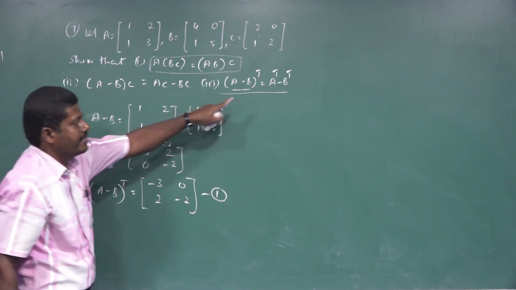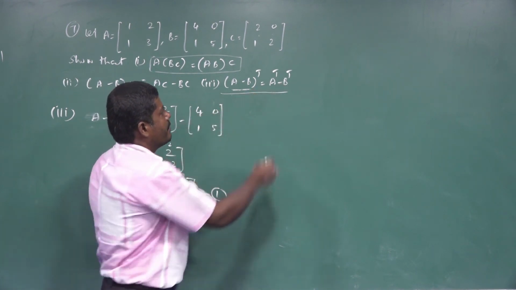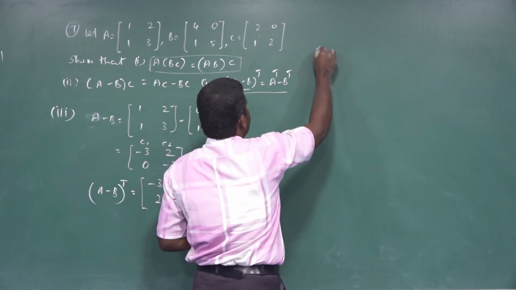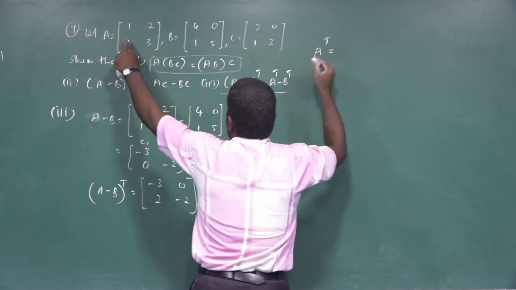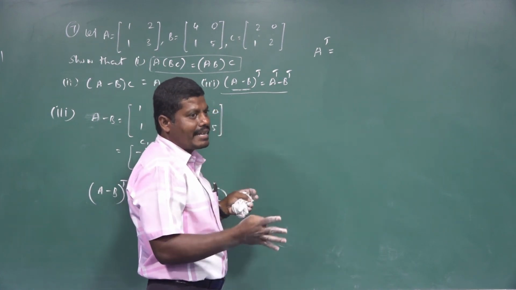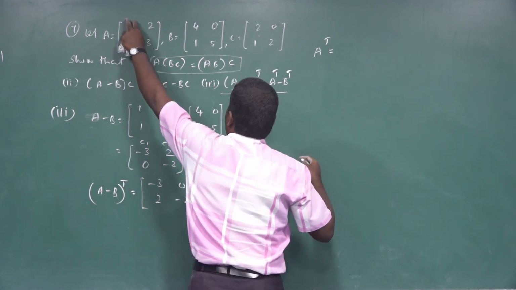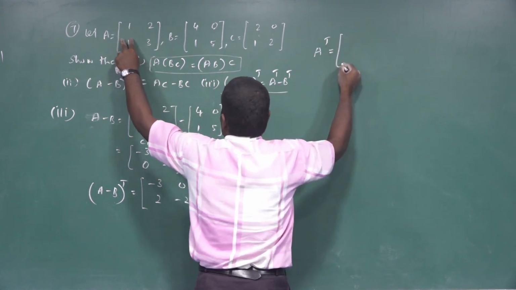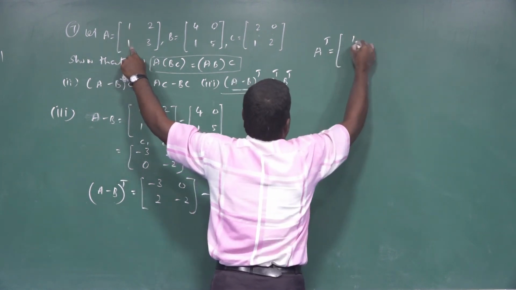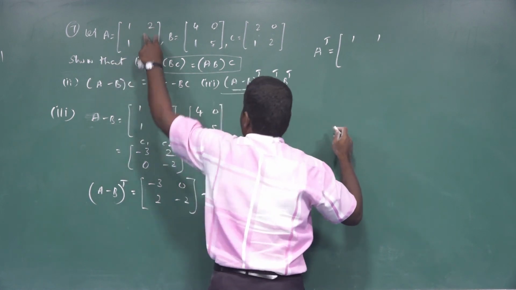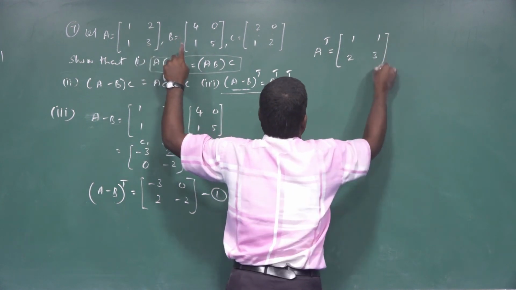Next you want to calculate the right side. You want to subtract A transpose minus B transpose. First you find A transpose. A transpose is equal to, you transpose the A matrix, interchanging rows and columns. Take the first column, 1 1, and write it in the first row: 1 1. Now take the second column and write it in the second row: 2 3. This is A transpose.